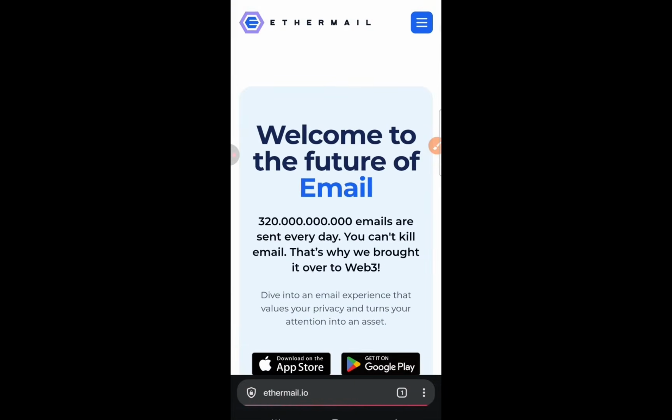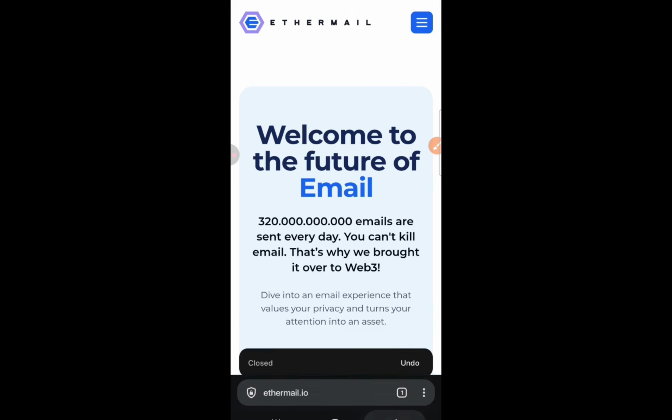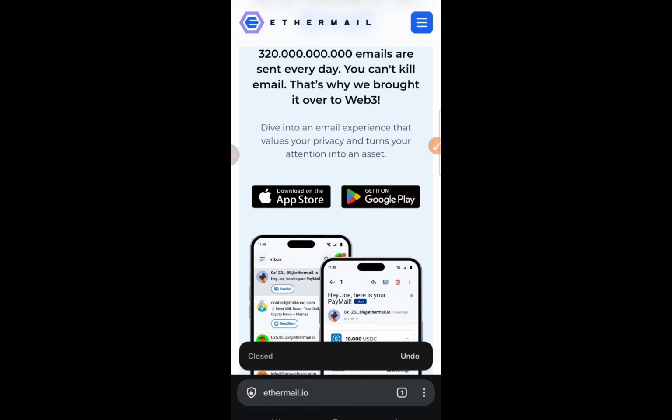You see that Quetta, you see that Telegram login now? It has already been hidden. If I want to quickly click it, it has disappeared. Stay open in this app. This site is trying to redirect us to its associated app, because it sees us on mobile and wants to force us to use their app. That is why the sign